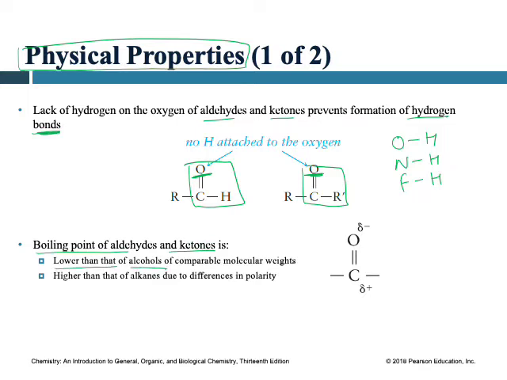If you remember from the alcohol chapter, alcohol can make a hydrogen bond with another alcohol molecule, but this is not the case for aldehyde and ketone because they don't have any hydrogen attached to the carbonyl group. So that's why they have a lower boiling point. Aldehyde and ketone have a lower boiling point than comparable alcohols, and a higher one than alkane due to the difference in polarity. So that means alcohol has the highest boiling point, then you will have aldehyde or ketone,